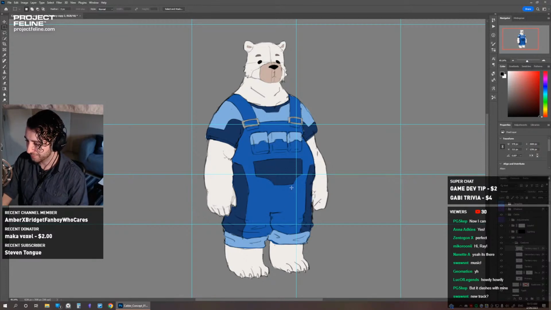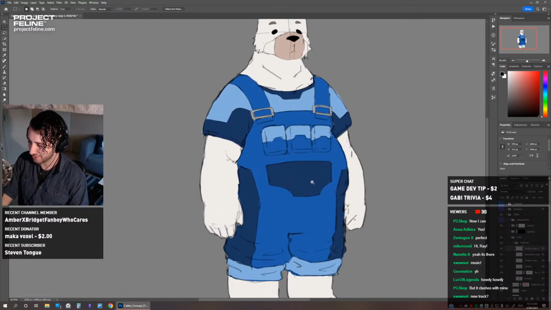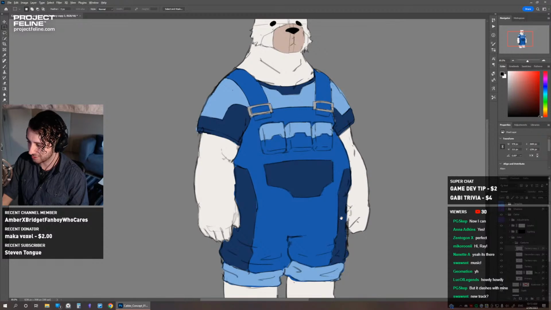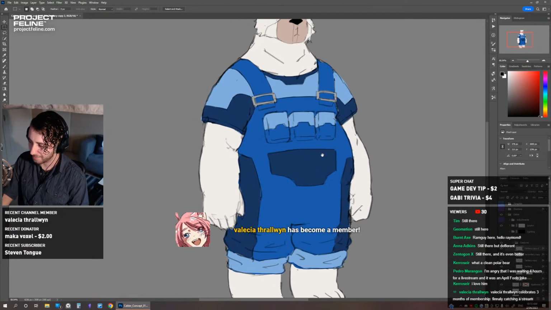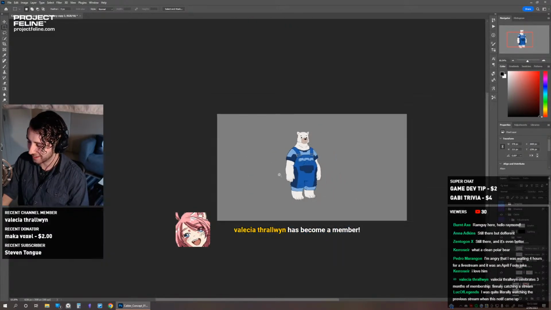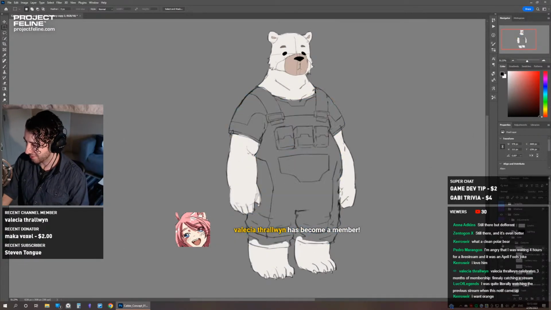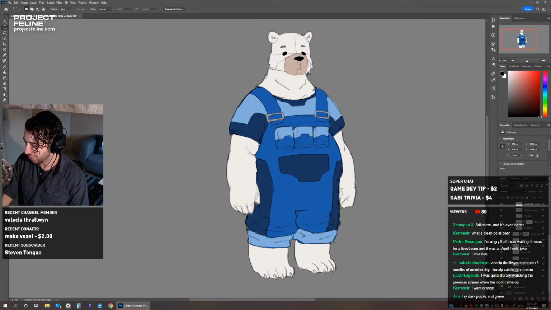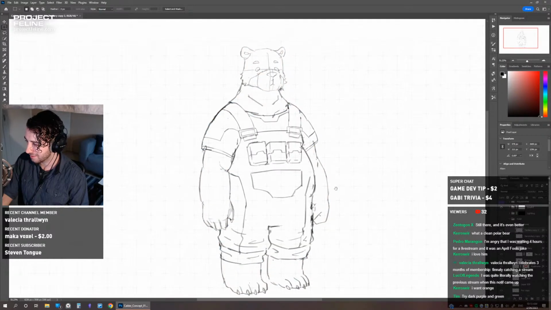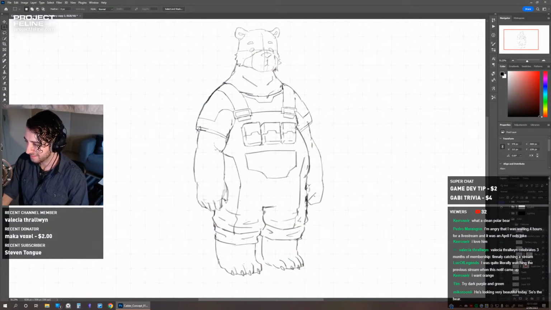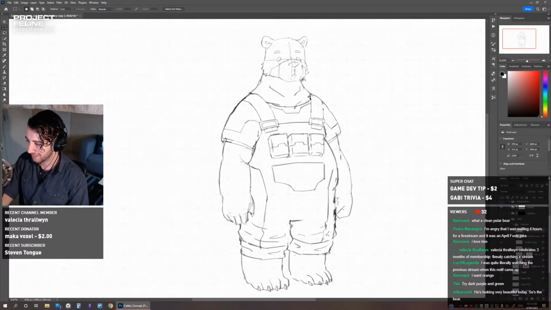So I've got some fill, but I'm also looking at it now in the morning. I'm not sure if I want to try more stuff with the pockets. I actually took one of the pockets out because we had 4 pockets yesterday. It might just be the colors, I don't know, but I'm not sure if I should try one more thing with the detail, like the pockets and stuff, or if I should just leave it. I don't know. What do you guys think of the pockets? I used to have 4. I've made it 3 because I thought 3 would be easier to do. And then we've got this pouch.